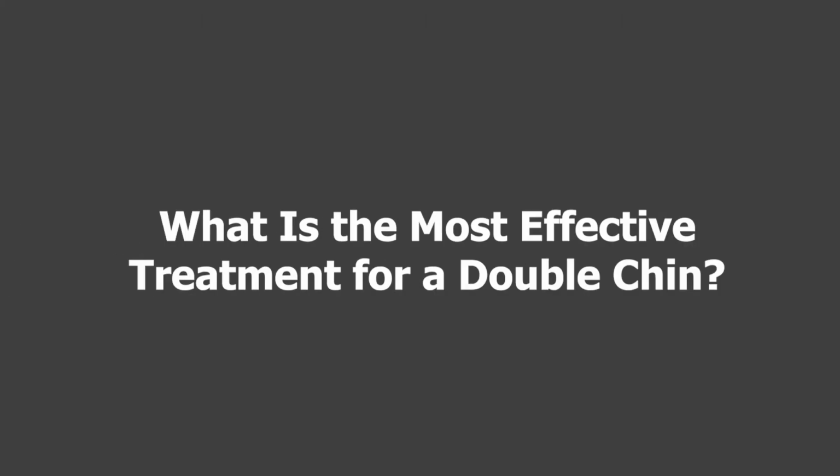What's the most effective treatment for a double chin? First of all, I want to define what a double chin is. People call a double chin something where this area is full, so it looks like the contours are double. There's a chin, and then there's a neck convexity that makes it look like we have two chins. A double chin is a euphemistic term. We really don't have two chins, but it's the generalized appearance instead of what we all want, which is a